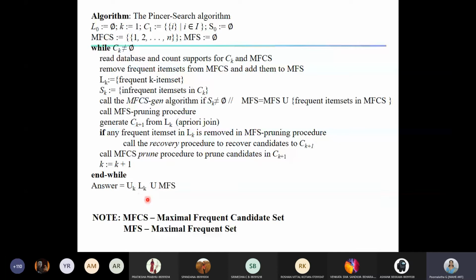Along with that, we also take the union with MFS. MFS is the maximum frequent set that we are getting from the top down. LK is the frequent item sets we are getting from the bottom up. So together we are combining the frequent item sets from the bottom up search and the frequent item sets from the top down search. So together it gives us the final answer.